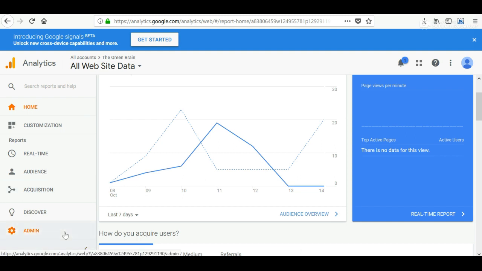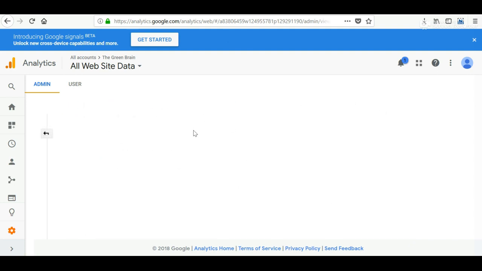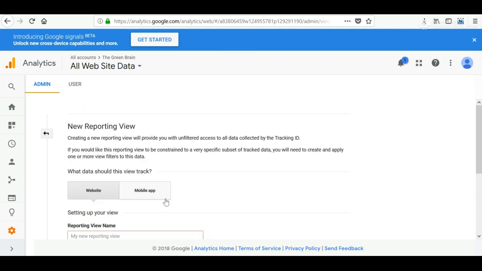Next, you need to log into your Google Analytics account and navigate to admin. This will bring you to the next page where you can create a new view for this exclusion. Just click on create view